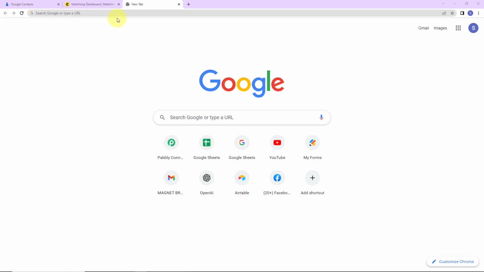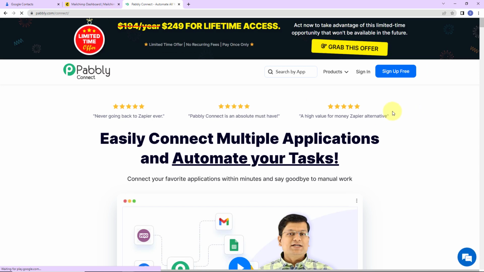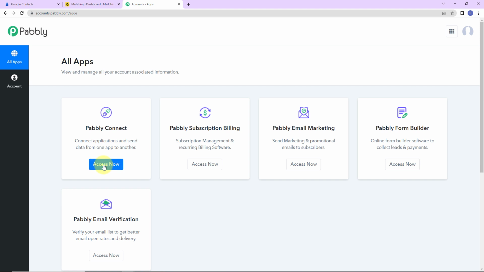To begin with the process, we are first going to type the URL pabbly.com/connect, and as we do that, we have reached the landing page of this software. On the right hand side, we can see two options, sign in and sign up for free. If you are an existing user, simply click on sign in. If you are a new user, click on sign up. It won't take more than 2 minutes, and at the time of account creation, you will get 100 free tasks. So now I'm going to click on sign in,